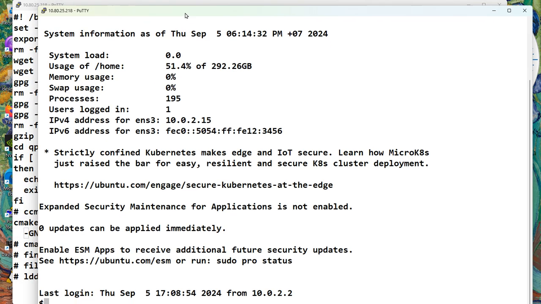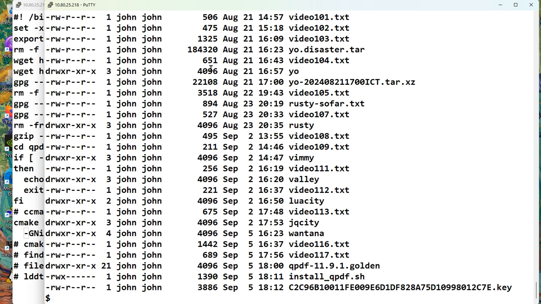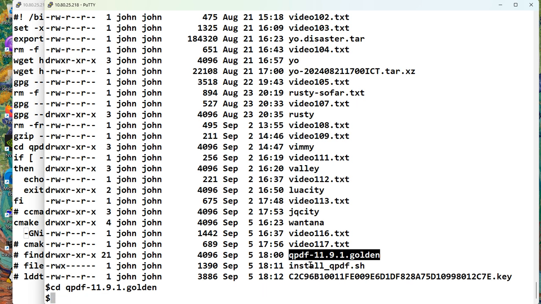So I can cut and paste between these windows. So now we go into the golden, and we do the cmake minus s dot minus b build minus g ninja,